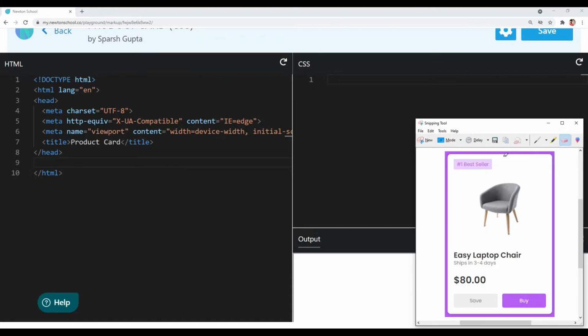Okay, so we want to write our markup. So the very first thing we will do is we will decide the elements that we want to include in our markup. So the very first thing that we can see here is this container that is containing all the elements of our product card. The second thing we can see is this card label that is saying hashtag first best seller. And next we can see this image,